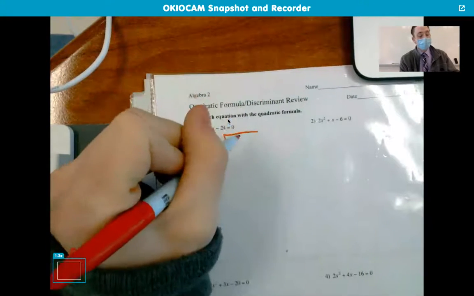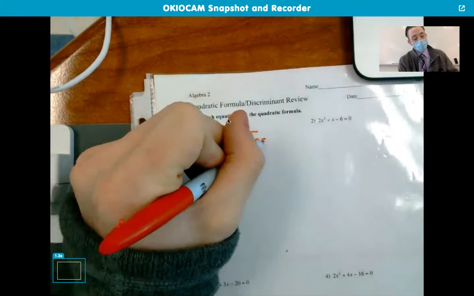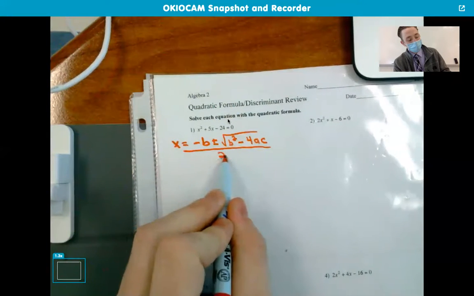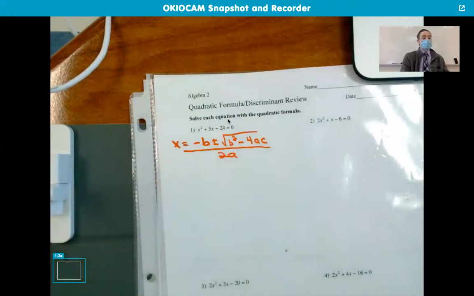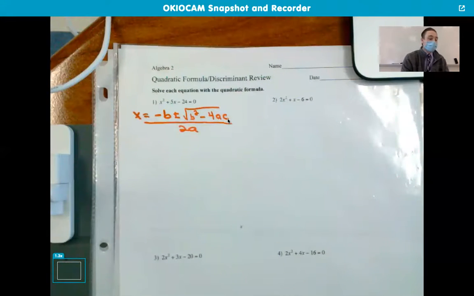Ooh, careful. B squared, right? Minus 4. Good. So x equals negative b plus or minus the square root of b squared minus 4ac all over 2a. When you get your quiz, or you have your quiz work, which you're going to have to turn in tomorrow as well,